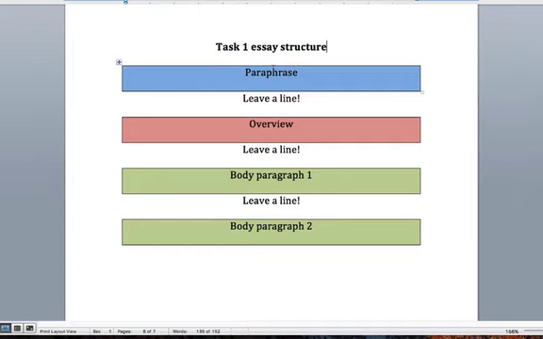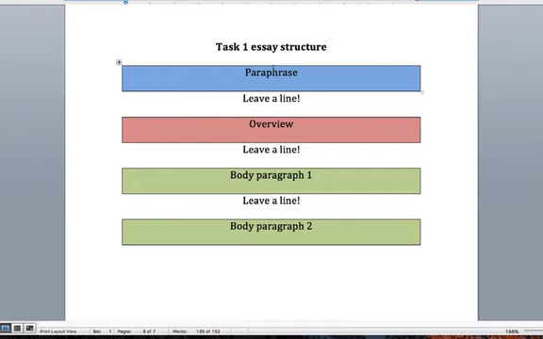Now, you can't really get high marks because of your paraphrase, but you can get low marks because of your paraphrase. That's the problem. The examiner is not going to look at your paraphrase, see, oh wow, amazing paraphrase, let's give this student band 8, band 9. No. But he might look at your paraphrase and say, oh wow, that's terrible. So far it looks like a 5.